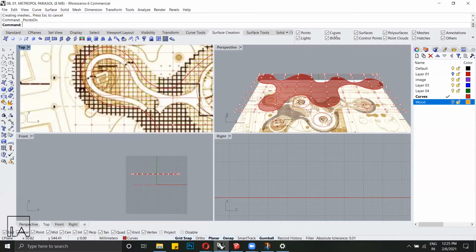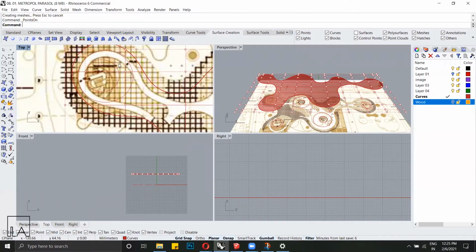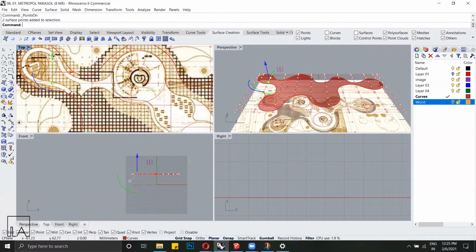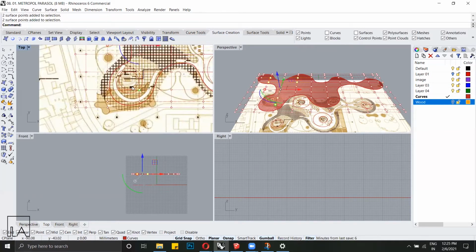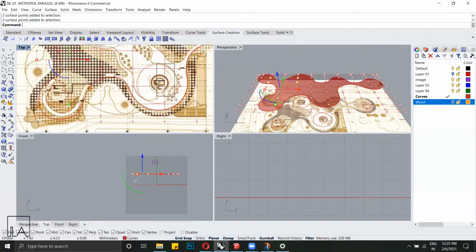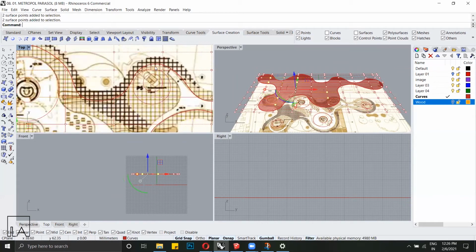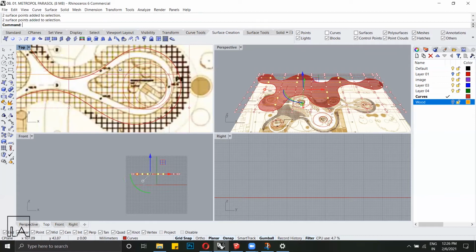So what I'm going to do is deselect surfaces and deselect curves also because we're selecting points right now from the selection filter. So I'm going to select all the points. I'm going to hold shift so that I can select multiple points together. So I'll select these two as well. The undulations which are present on the surface are all located near the columns. So I'm accordingly selecting the points there.